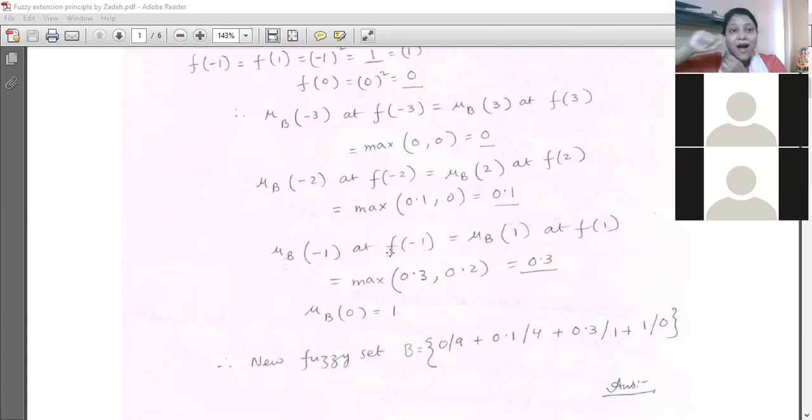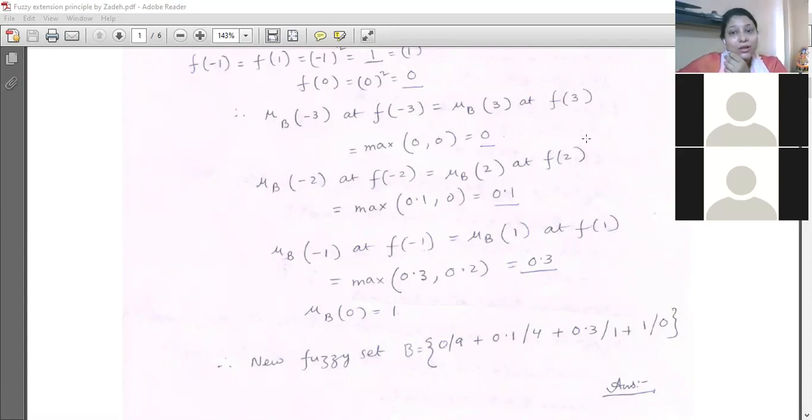If you now join these points, you will have a curve of the membership function, a curve which depicts the degree of membership values at x equal to x1, x equal to x2, x equal to x3. That is why this x1, x2, x3 all belong to the set X. That is why these are all the linguistic variable values.